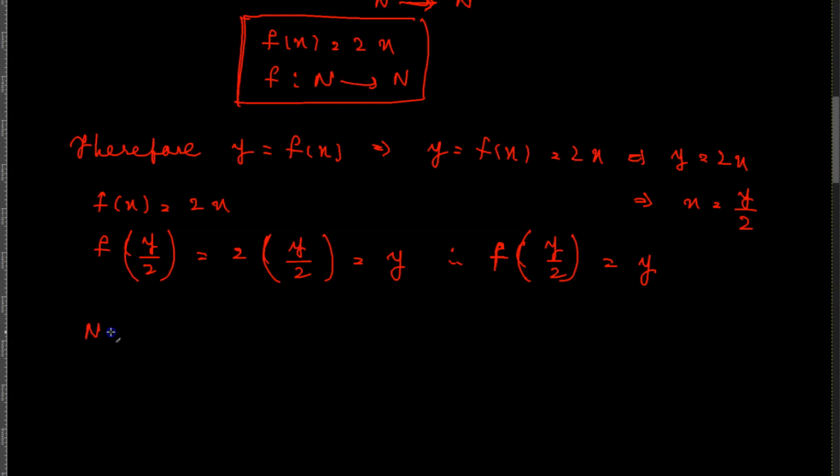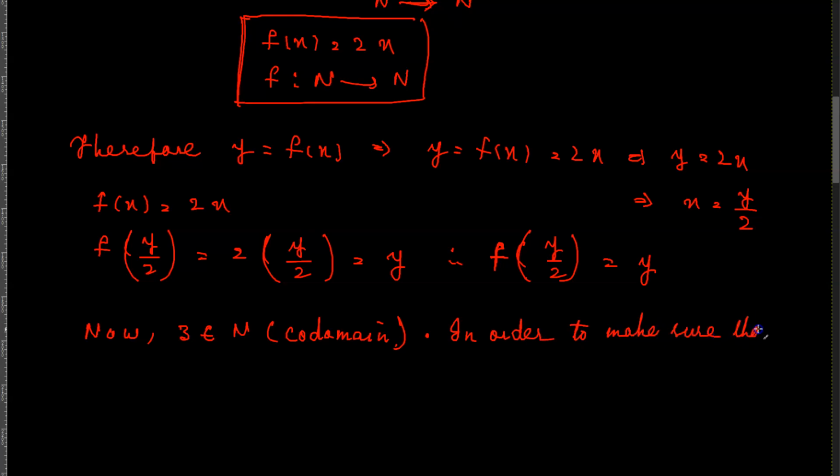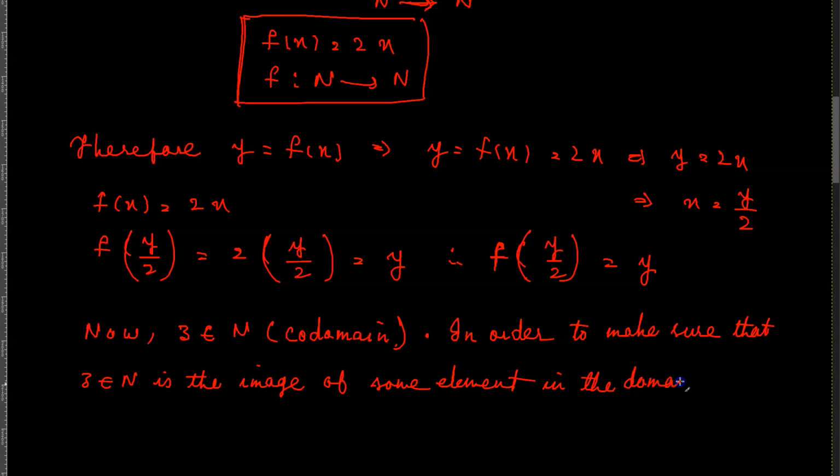you can argue that, for example, 3 belongs to n, the codomain of the function, and in order to make sure that, for example, 3 belonging to n is the image of some element in the domain of the function,